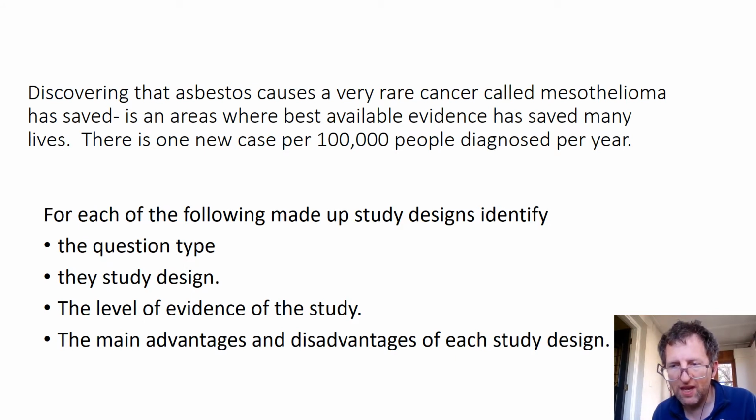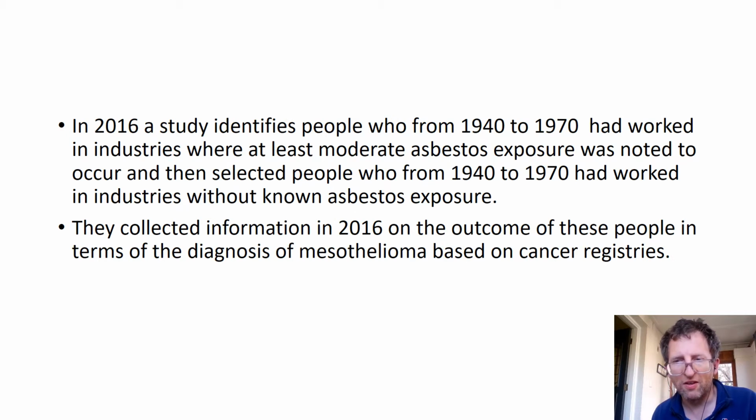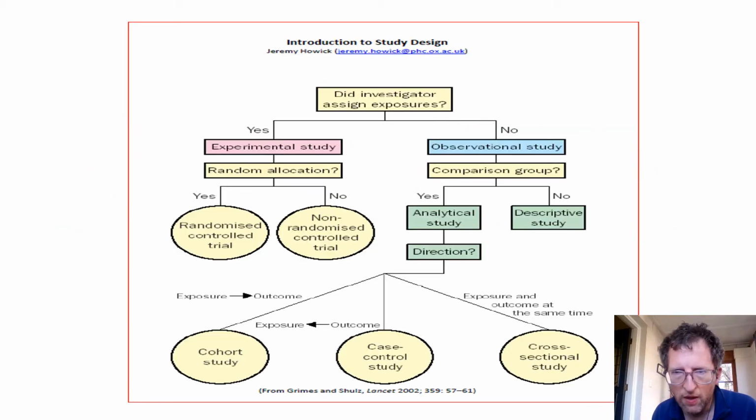For each of these examples, I'm going to give you a bunch of made-up study designs, and I just want you to work out the question type, the study design, the level of evidence, and the main disadvantages and advantages of each study design. You can look at the case, pause the video, and then I'll give you the answer after each one. Let's go very quickly through these. So have a read of this, and I'll meet you at the other end and give you the answer when you unpause the video after you finish reading it. Well, let's see how you went then. So for this one,